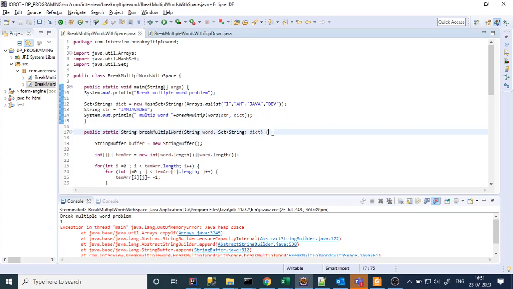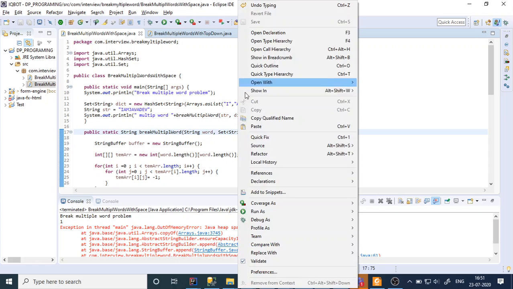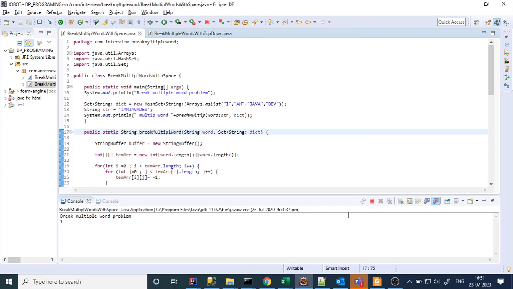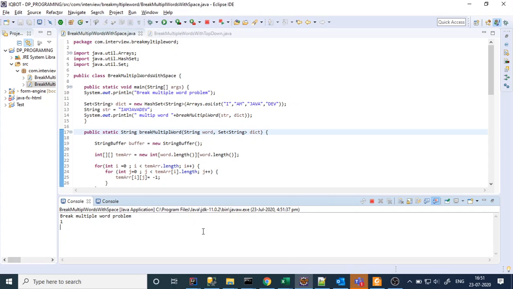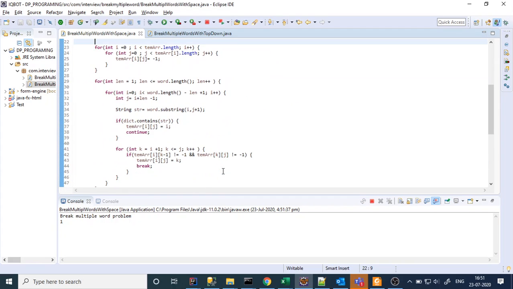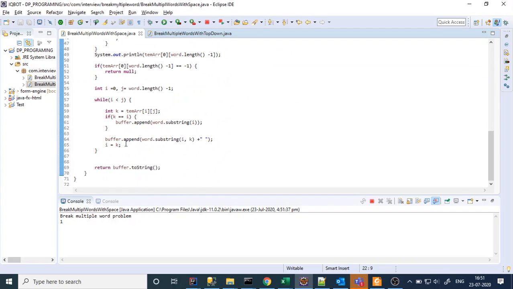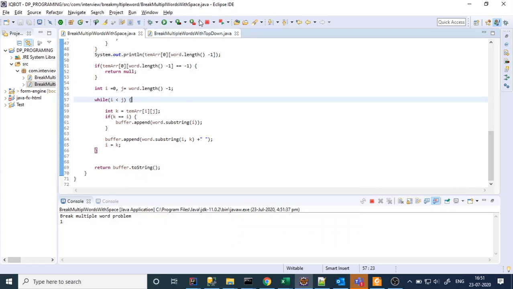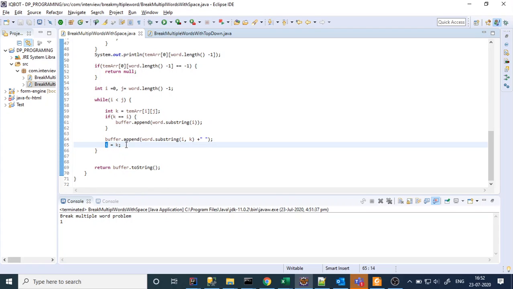Java specific, right? Okay, sorry, this is something I am missing, right? For the page I think I equal to k, right? K equal to this one.